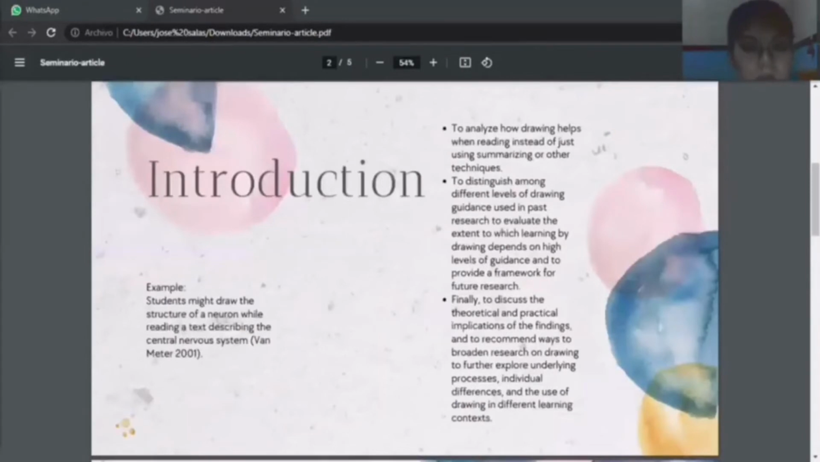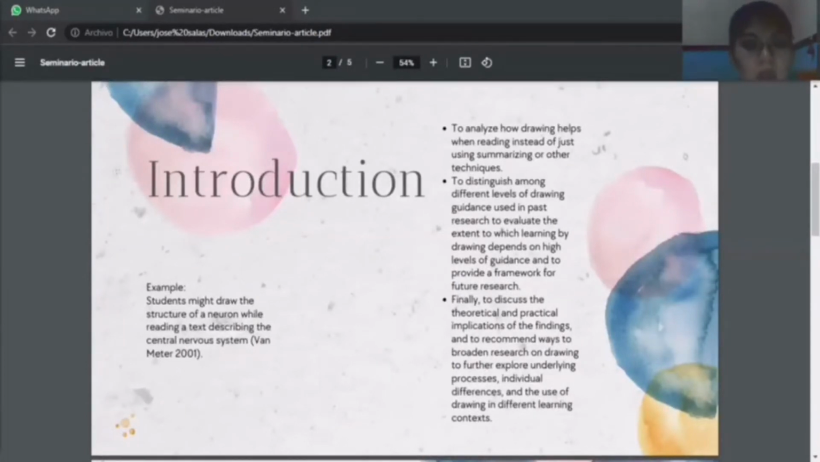This article reviews some important aspects of drawing and how it can affect reading comprehension. In addition, some important factors that affect the process, such as the type of drawing and the strategies used by the teacher during the learning process. Now, I would like to mention that according to the reading,